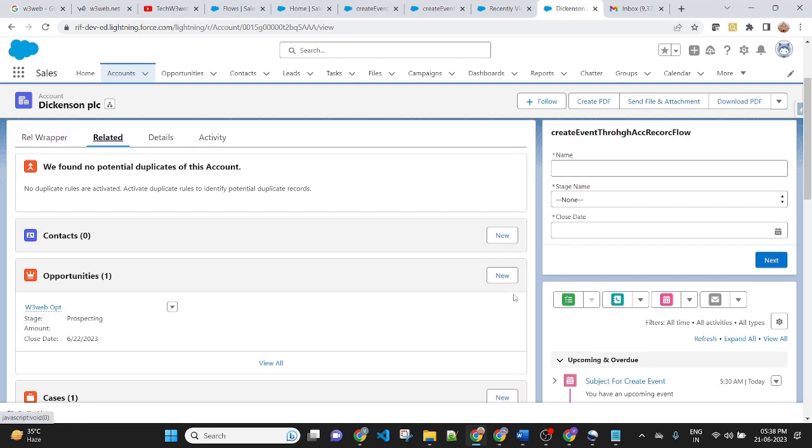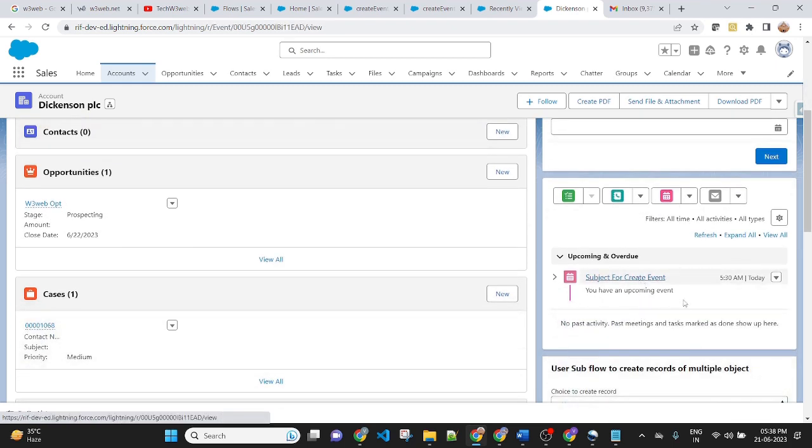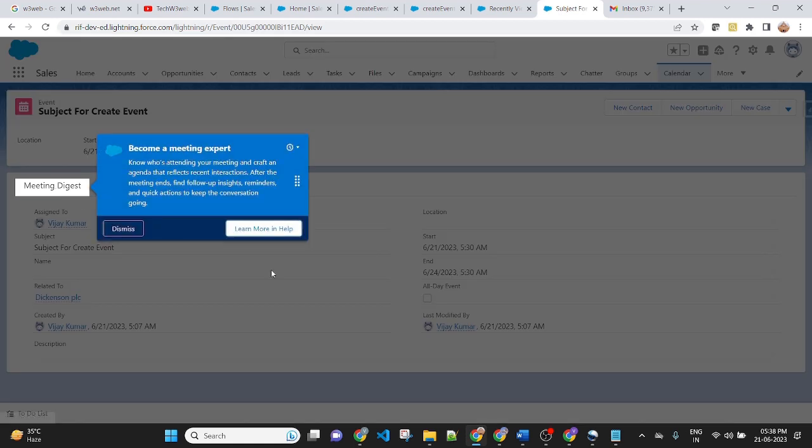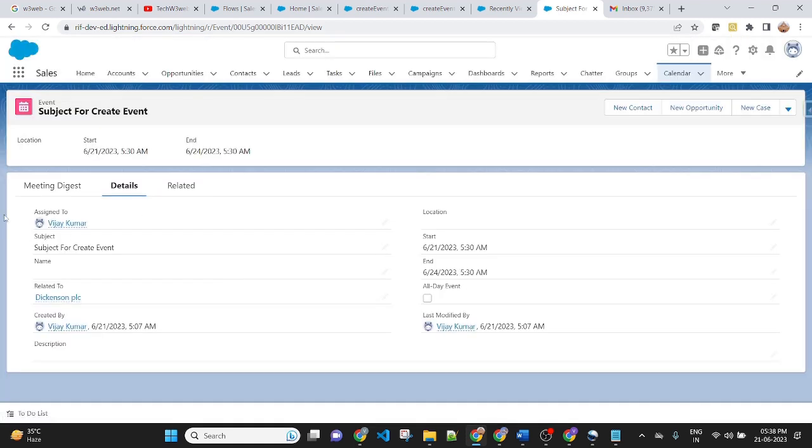If you go to the event, the owner ID is already assigned to Vijay Kumar. It is the account owner, and the account name is also selected.